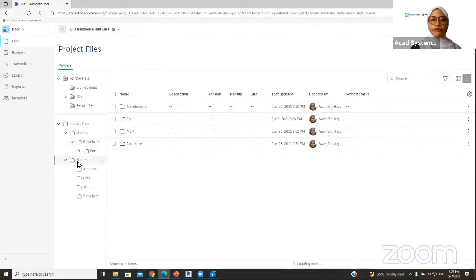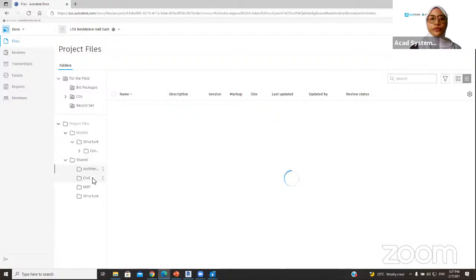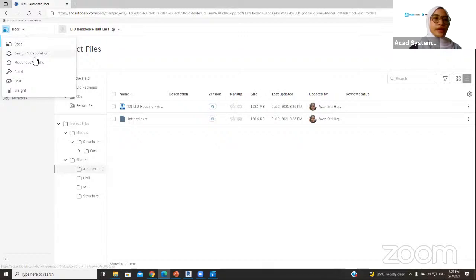So this shared file is from the design collaboration. Okay, so the design collaboration allows you to view the other BIM models that you are not allowed to see under the project files. So you can view the other team members' folders from here. Okay, so this is my asset structure here. If I go to the design collaboration,